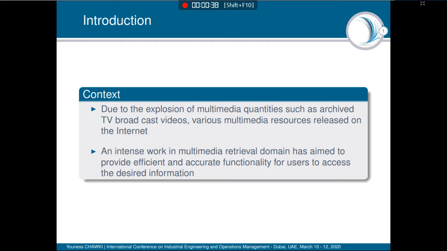Due to the explosion of multimedia quantities such as archive TV and various multimedia resources released on the internet, providing efficient and accurate functionality for users to access the desired information is an intense work in the multimedia archival domain.